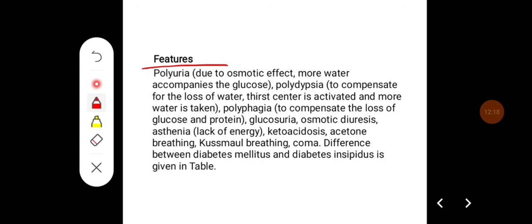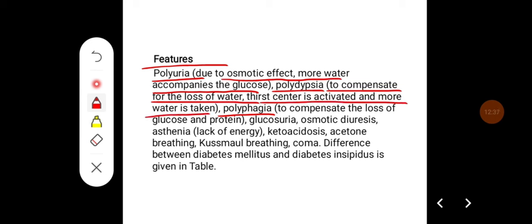Some of the clinical features of diabetes mellitus are polyuria, polydipsia, polyphagia. Polyuria occurs due to the osmotic effect: more water accompanies the glucose. Polydipsia occurs to compensate for the loss of water, where the thirst center is activated and more water is taken, whereas polyphagia occurs to compensate for the loss of glucose and protein. There can also be glycosuria, osmotic diuresis, asthenia, that is lack of energy, ketoacidosis or acetone breathing, Kussmaul's breathing, and